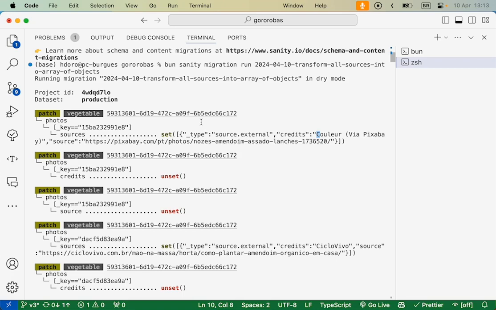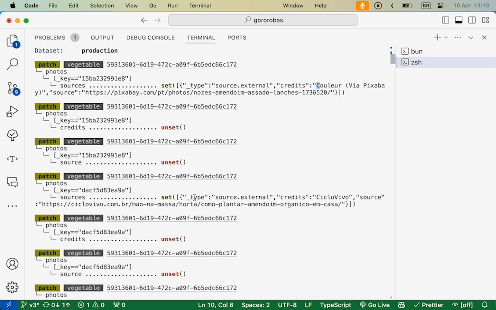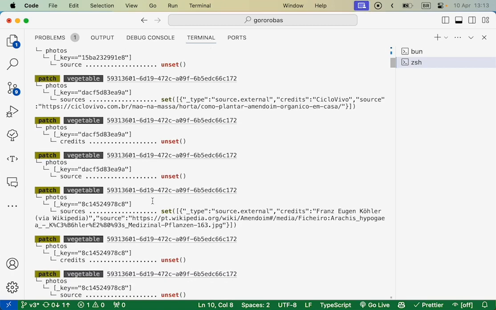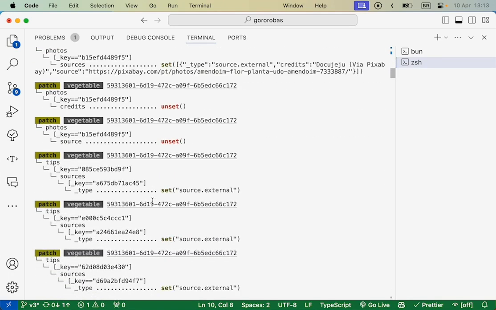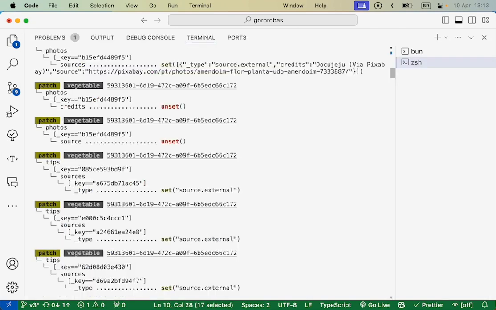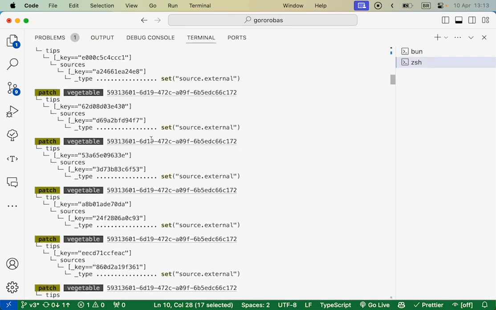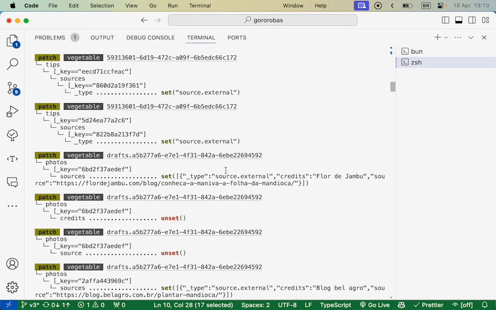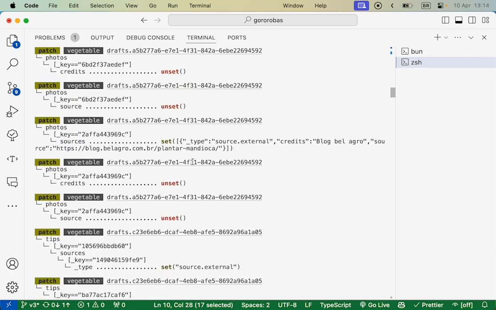It's what we want. Then likewise for the other, I want to skip to tips. There you go. So now it's setting the type to source external, because before it had this external reference type that isn't correct. Then see many examples of this. Again, just setting the sources as an array.